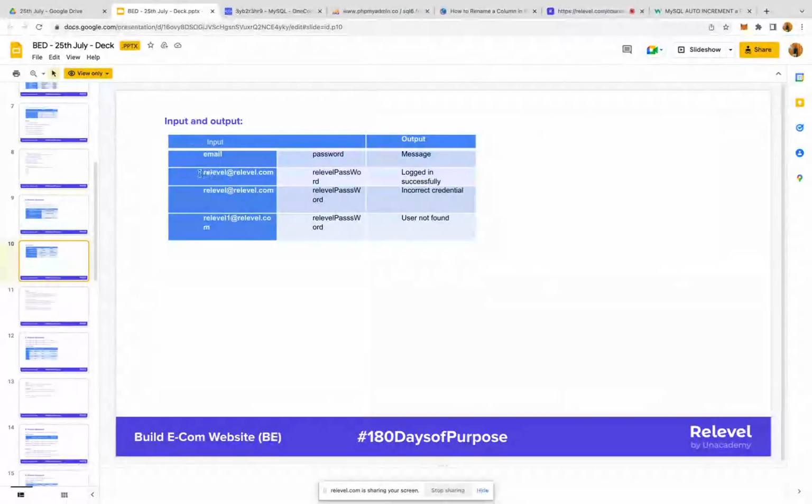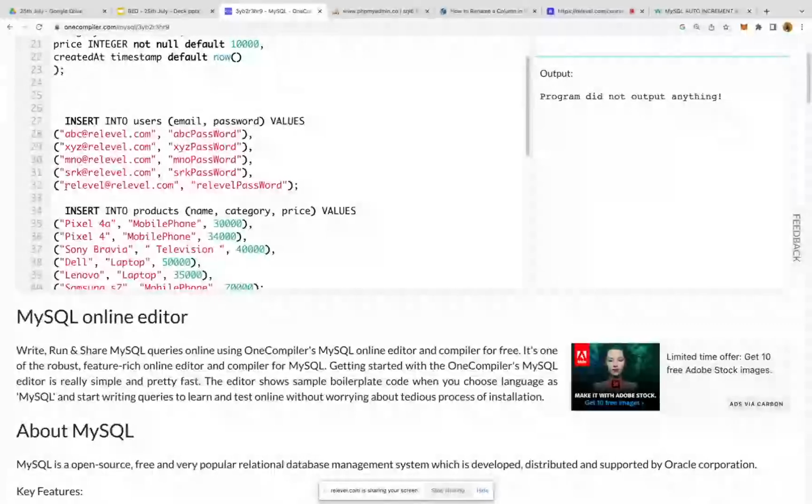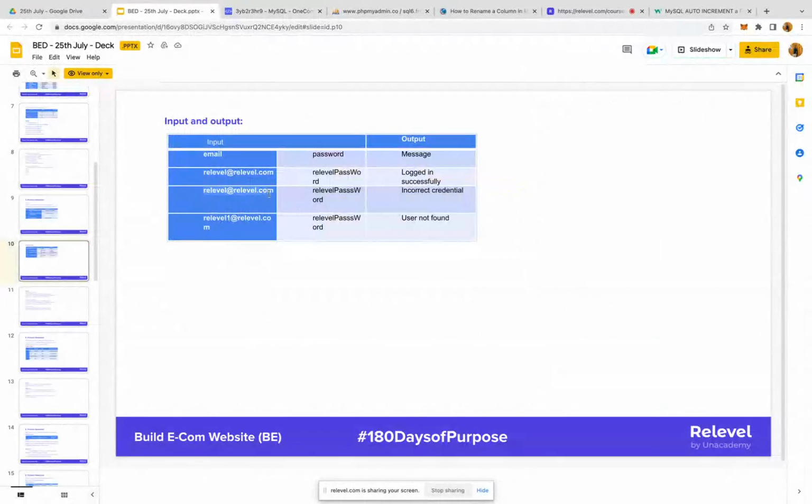You can see this is the input, reliable at reliable.com and reliable password, because I think this data we have already created. So let me show you first. Yeah, reliable at reliable.com and reliable password. It means if somebody provides email as reliable at reliable.com and password as reliable password, our query should return